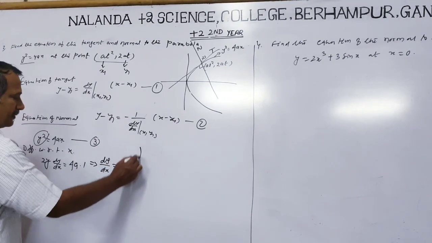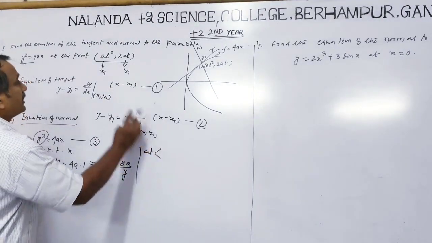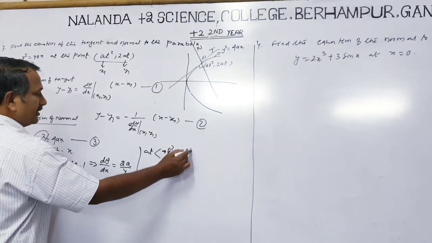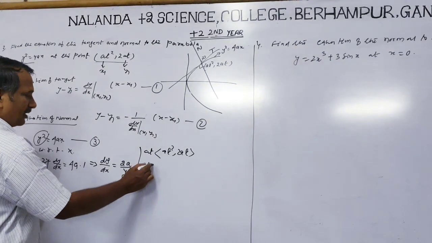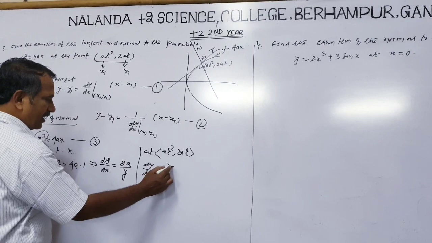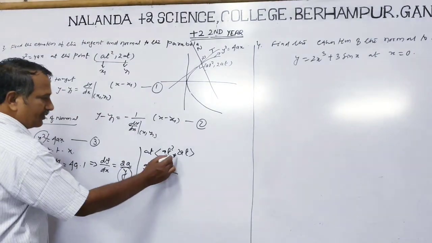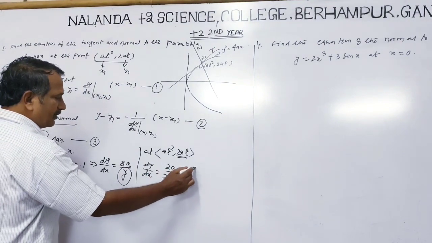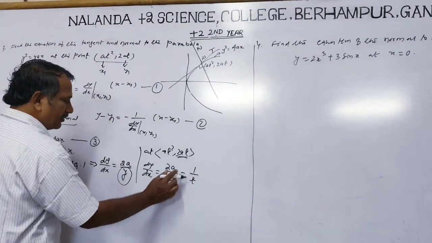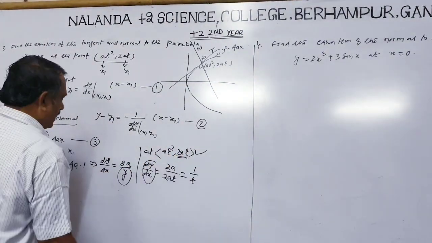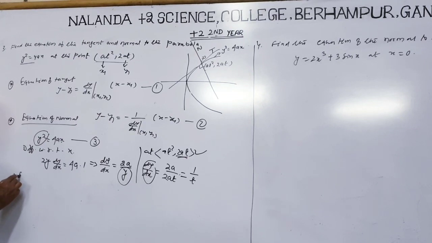Now at (at^2, 2at), what is the dy by dx? Find out. Now dy by dx equal to 2a by y. What is the y? Now y equal to 2at. Now the 2 and a cancel out, giving 1 by t. This is dy by dx at this point. Therefore, the equation of tangent: